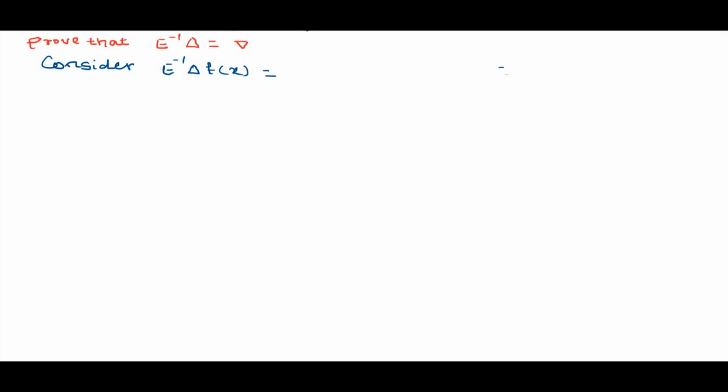delta f of x, as we know that delta f of x means the first forward difference of f of x, and the first forward difference of f of x is given by f of x plus h, that is the second term, minus the previous term, that is f of x. So now we have to use the same formula here. So now e raised to minus 1, write as it is. Now substitute the value for delta f of x, and delta f of x we can write as f of x plus h minus f of x